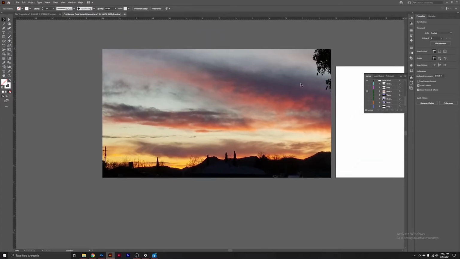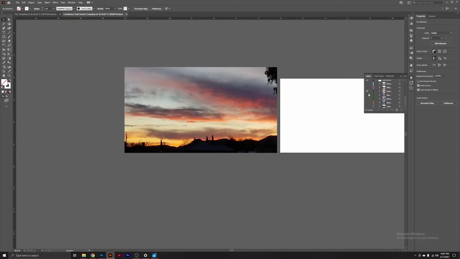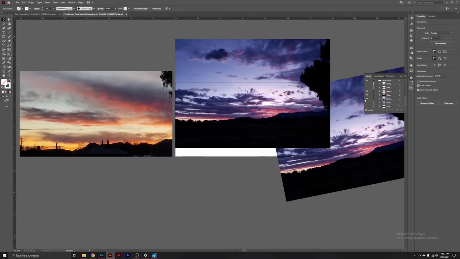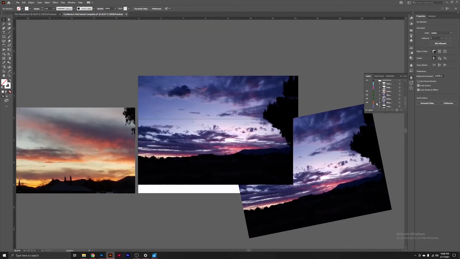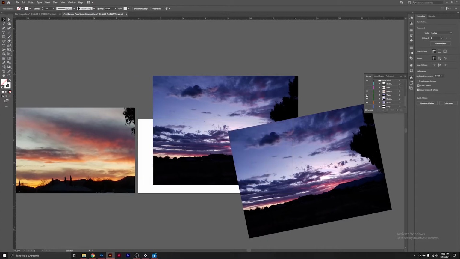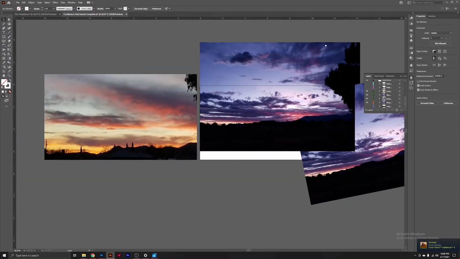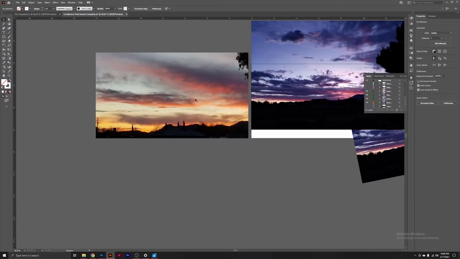So here was just kind of inspiration. I just placed a bunch of images in here so I can know exactly how I wanted to do the sky. I kind of just threw them on there to see how it would all work. Here, I just kind of stretched the image to make it look how I wanted. And of course, I didn't end up going with this cloud look, but it was definitely something I could have